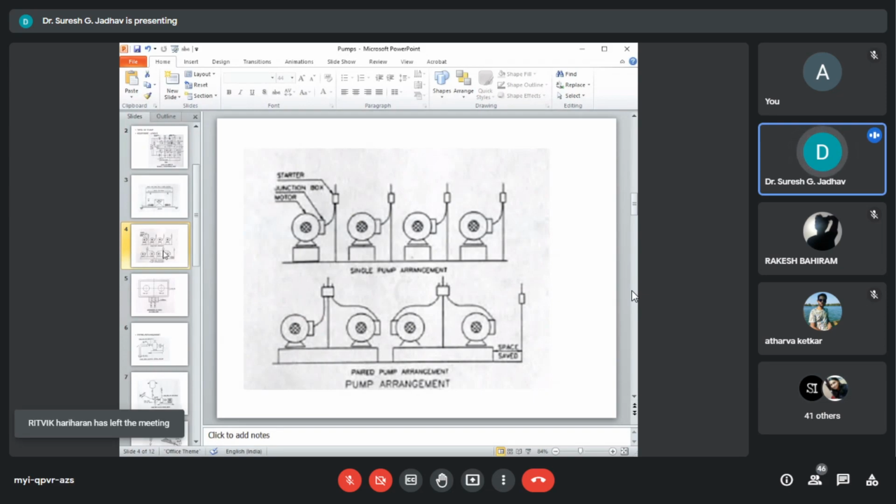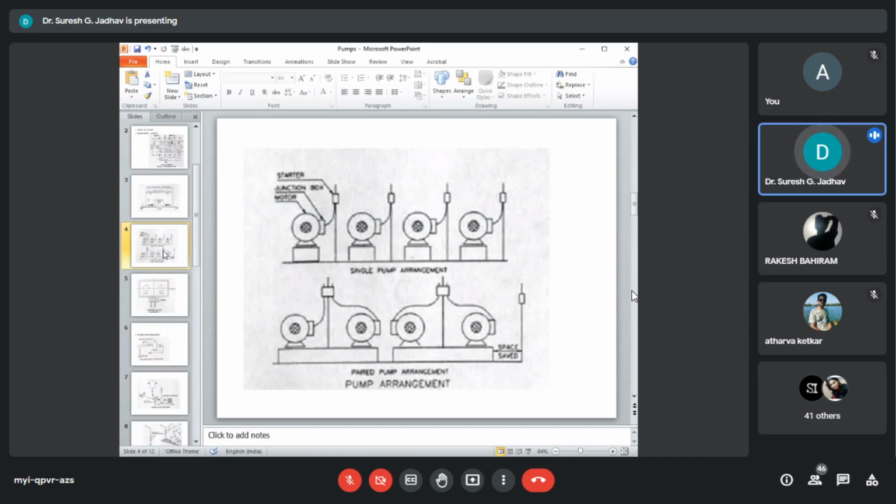This is a single pump arrangement, and another you can consider is a paired pump arrangement. So here space is provided on the common foundation while the orientation of the motor terminals is modified if required.